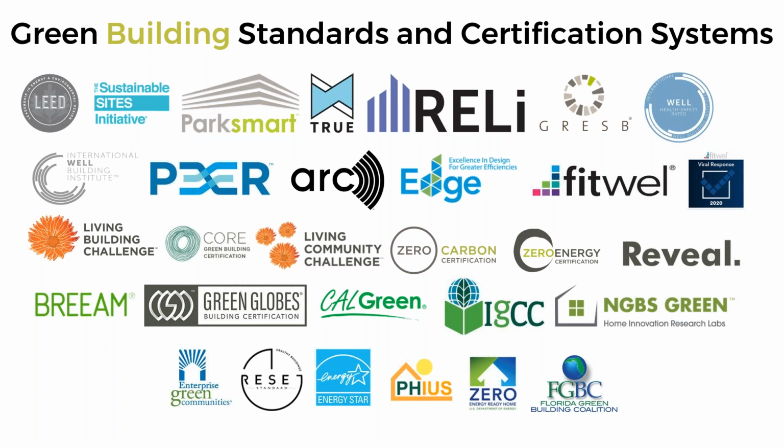There's also standards like the National Green Building Standard, or NGBS. And there are some that are state-specific green building standards, including California Green Building Standards, or CALGreen. And Florida has their own, Florida Green Building Coalition, and there are many more states that have their own green building standards. More recently, additional green building standards and certification systems have been developed to address other sustainability issues related to